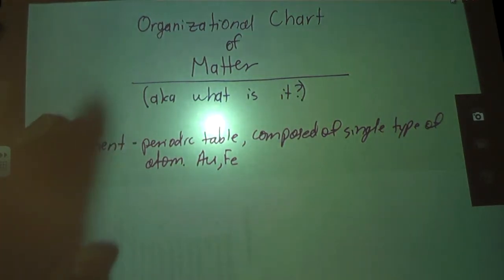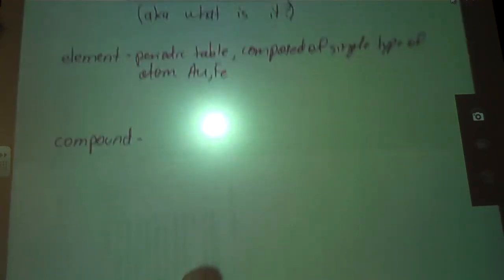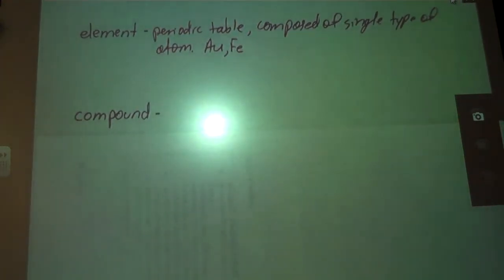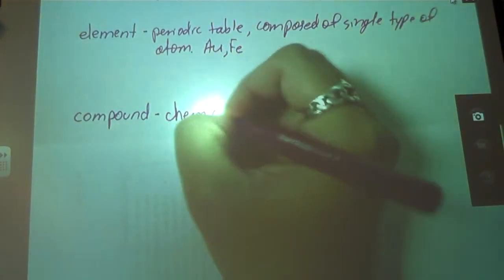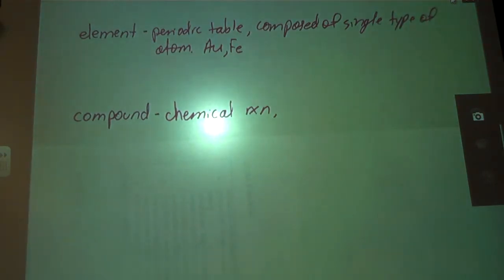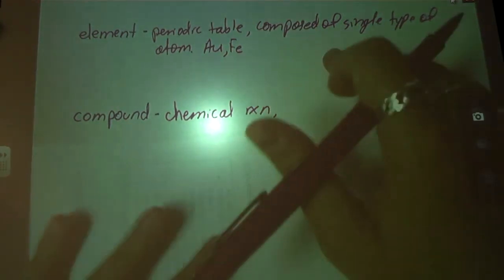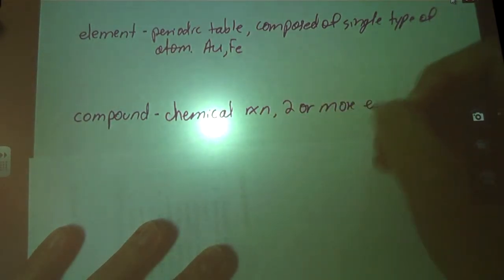If we take elements and we combine them, we have 2 different ways that we can do that. The first way involves the creation of a compound. This involves a chemical reaction. And what do I mean by that? A chemical reaction is the combination of 2 or more elements in such a way that they cannot be separated physically. This is the technical definition: 2 or more elements